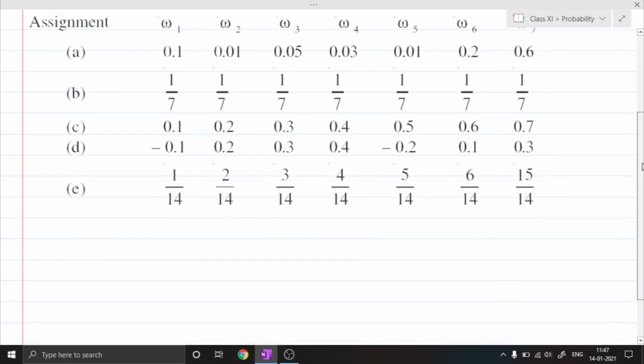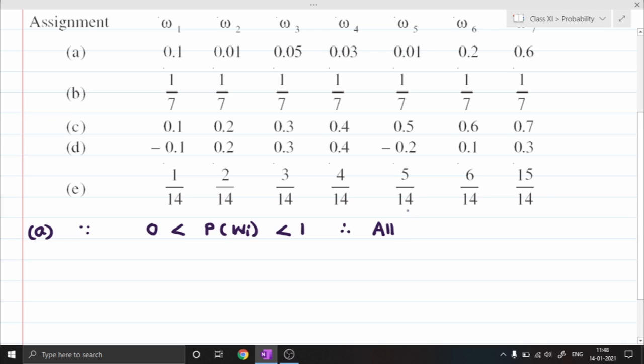Okay, so in the first part, part number 1, we'll say that since P of omega i lies between 0 and 1, so therefore we can say that all